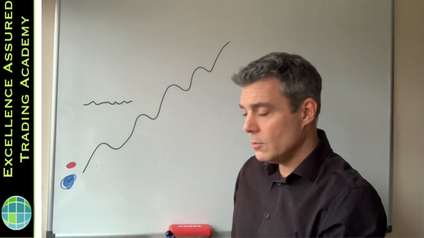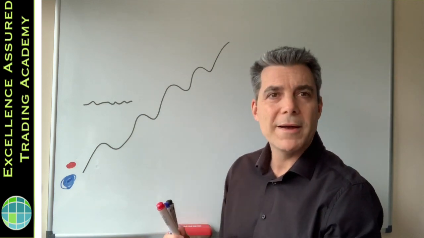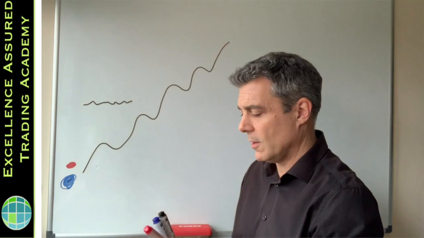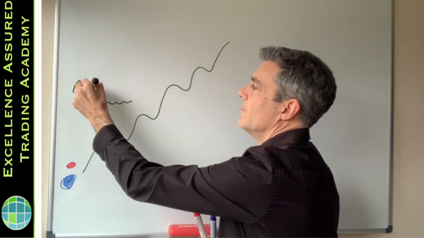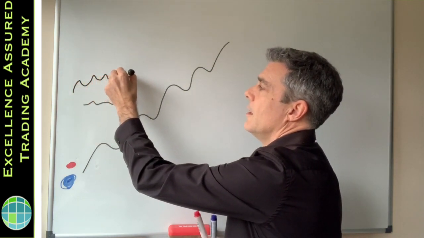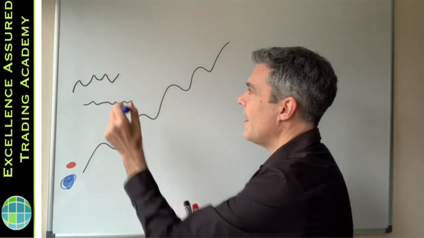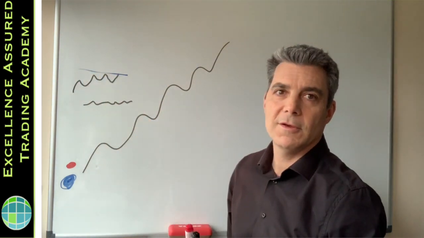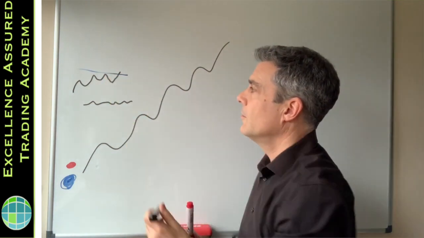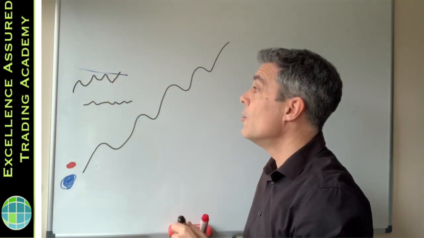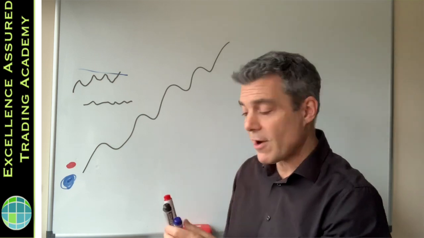Okay, so what sort of things will encourage people to assume a bias in their mind over where the market's going? Well, very often it's the long-term direction of the market. So in the long run, maybe over the last few months, the market's been doing this and it's reached this point here, which is at the highs. And maybe it's even broken out above the highs. And when markets do this, or when overnight they move up and break out to highs or break out to lows, then it attracts interest.